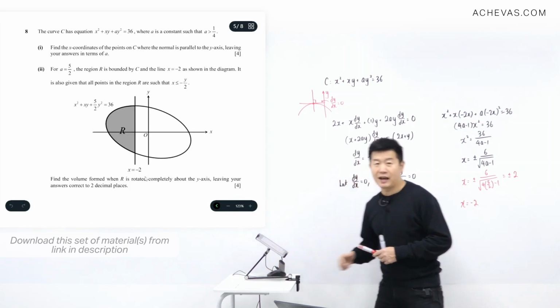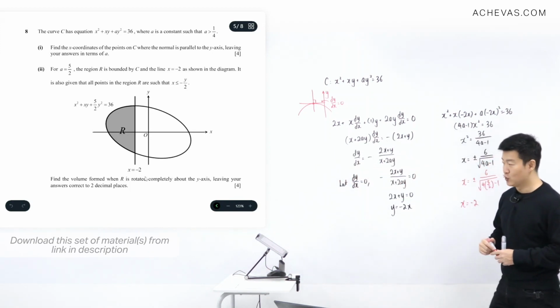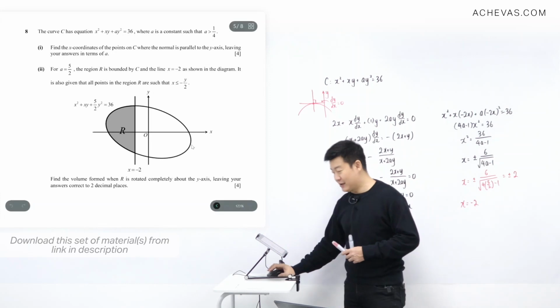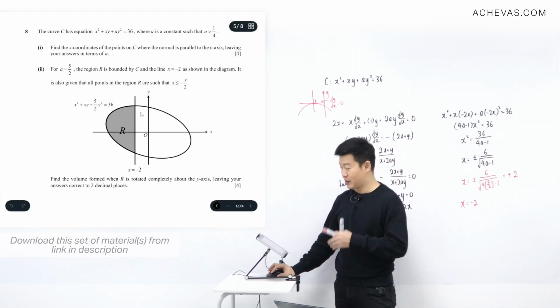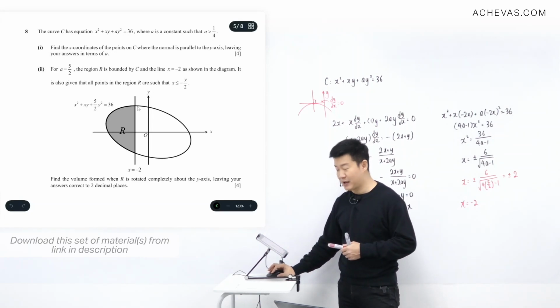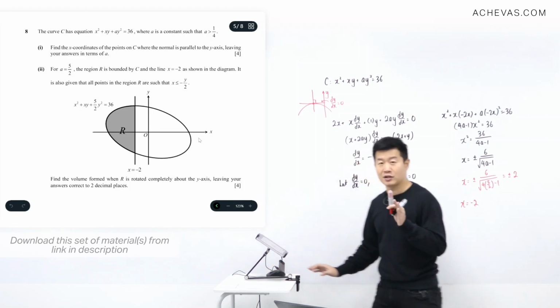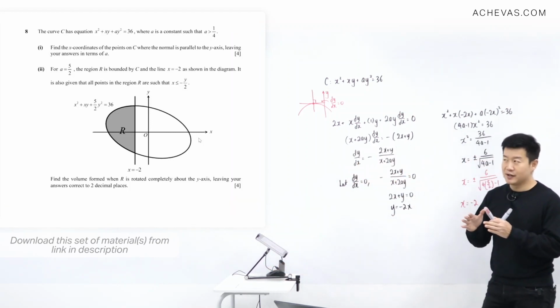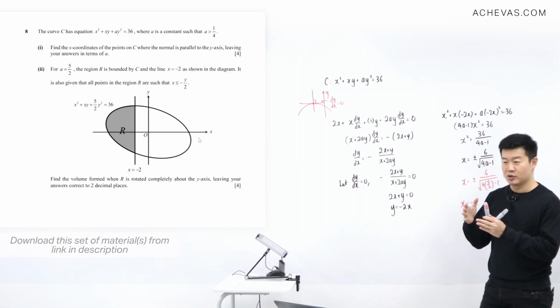Okay, this is the line x is equal to -2, which means that if this is the normal, I can see from the graph that it is supposed to be normal to this part of the graph, not this definitely. So the tangent here is actually going to be parallel to the x-axis. This is actually interesting, although it may not be directly helping us to come